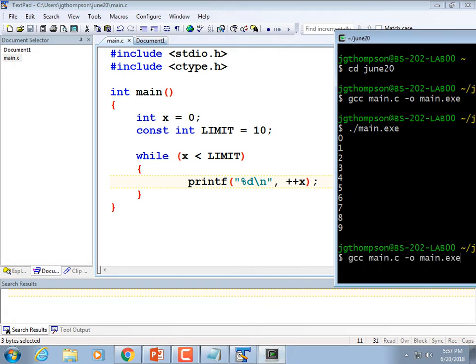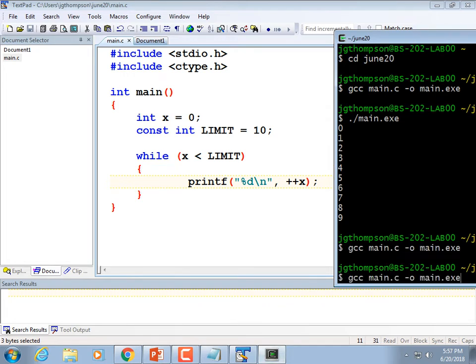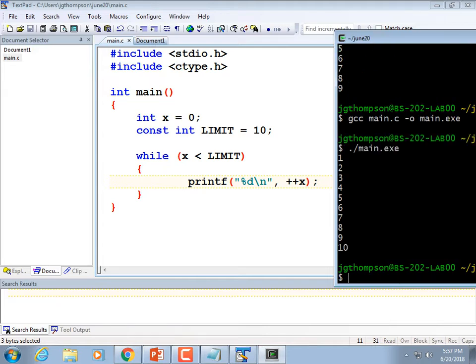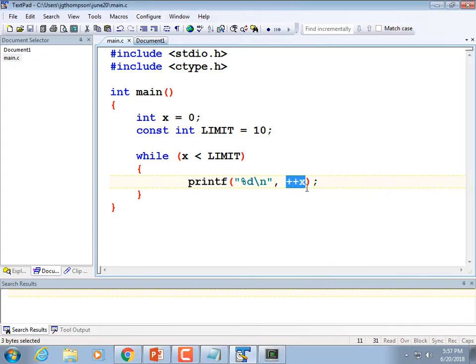So hit up arrow, compile it again, up arrow, run it again. So it printed 1 to 10. Maybe that's what I wanted. Most likely, usually, I would put this on its own line. There's no performance gains caused by putting it there. When it compiles it down to assembler code, it doesn't make it better assembler code just because it's on one